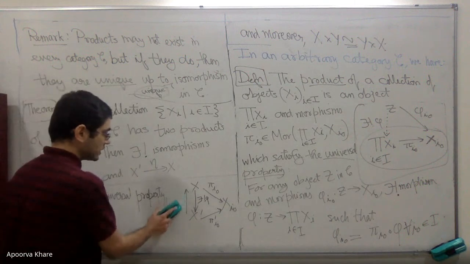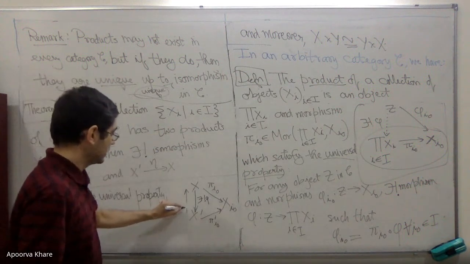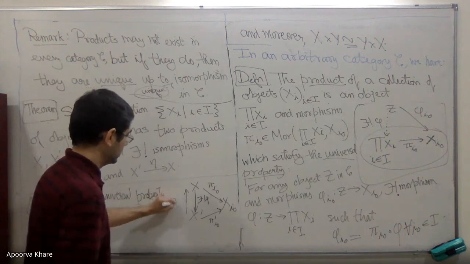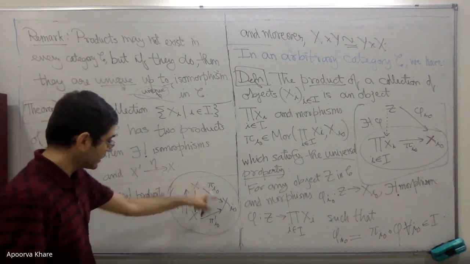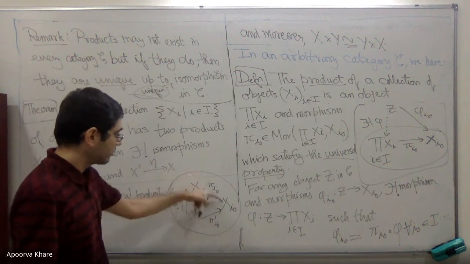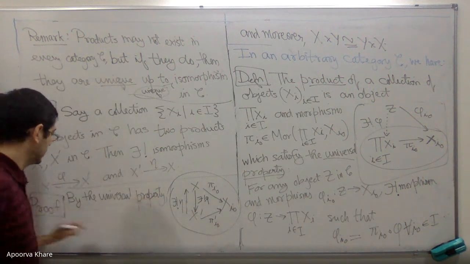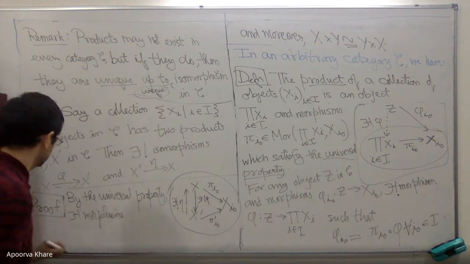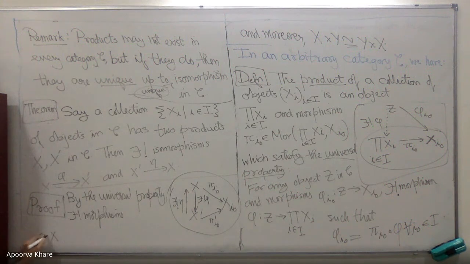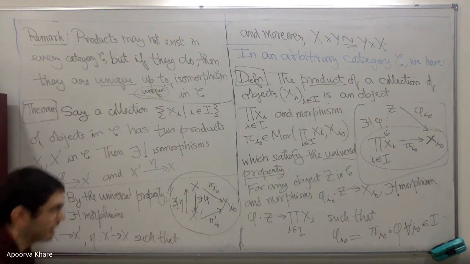Right? It's the same diagram. The point is, each of them plays the role of Z, and each of them plays the role of the product. Therefore, there exists a unique map eta as well. And the point is, this happens such that the diagrams all commute. So eta and then pi_i naught gives you pi prime_i naught. Phi and then pi prime_i naught gives you pi_i naught. So by the universal property, there exist unique morphisms phi and eta as in the picture. I'll write this down here again. Phi from X to X prime, and eta from X prime to X, such that